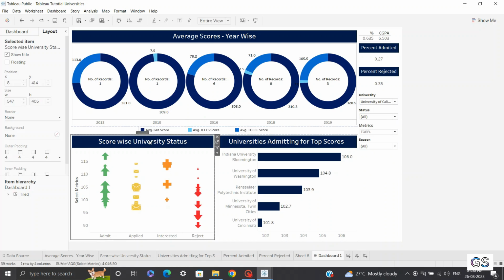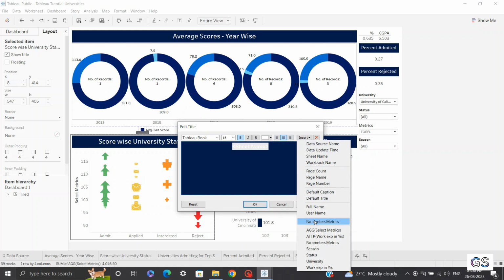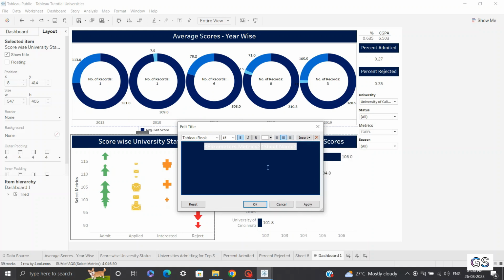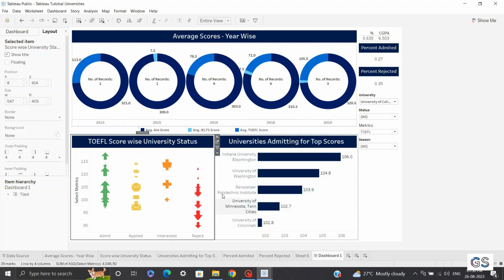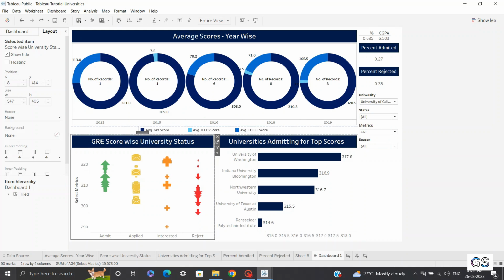For that, I'll click on this title, I'll double click on the text, and before that I have the sheet name, which is my text, which is score wise university status. I'll insert this and I'll insert my parameter metrics, put a space in between and click on apply. Click on OK. Now you can see I've selected TOEFL, and this TOEFL has been updated here. So TOEFL score wise university status; if I'm selecting GRE, it will update likewise, like GRE score wise university status. I can do this here as well,